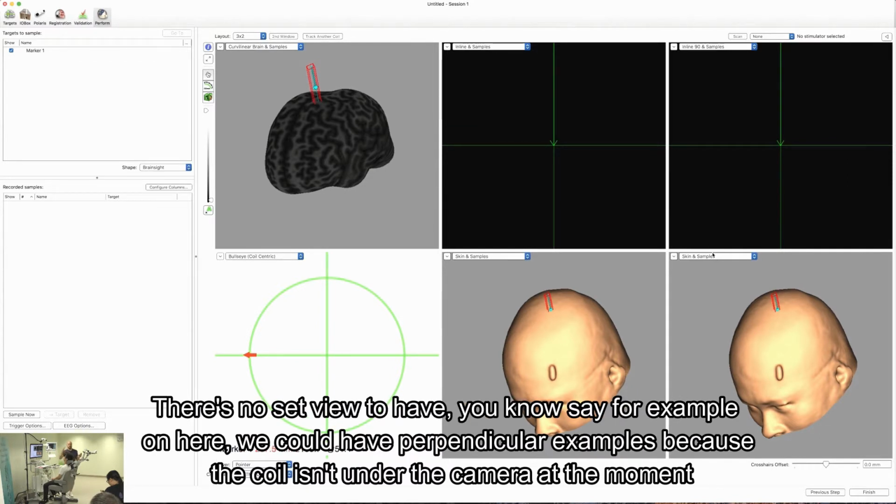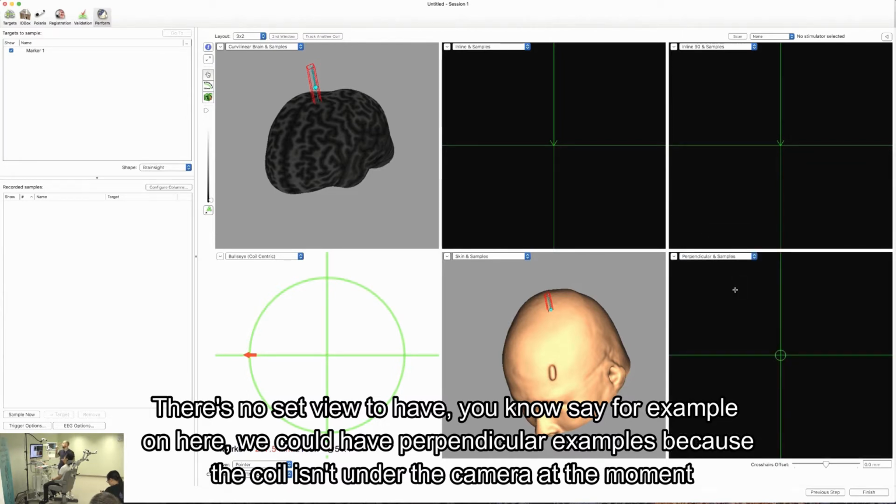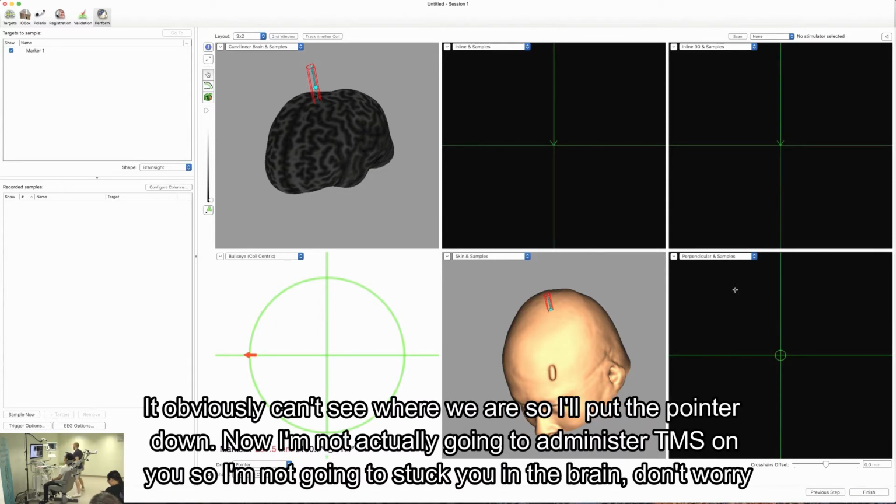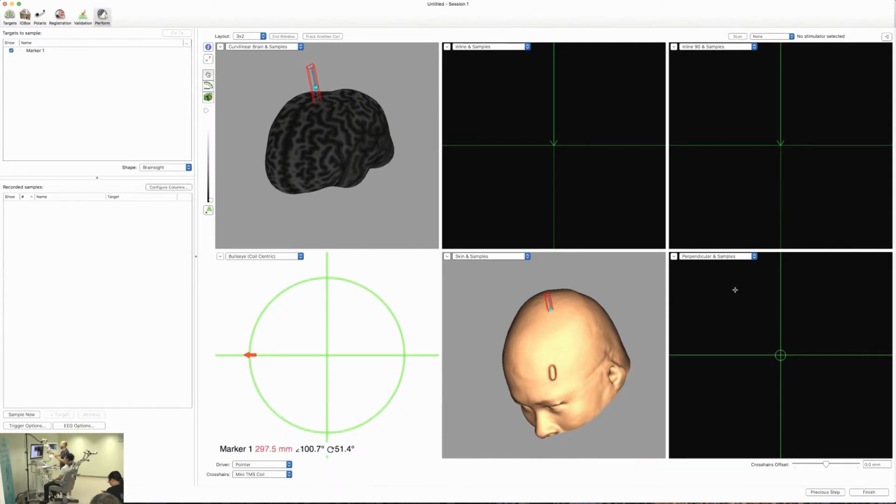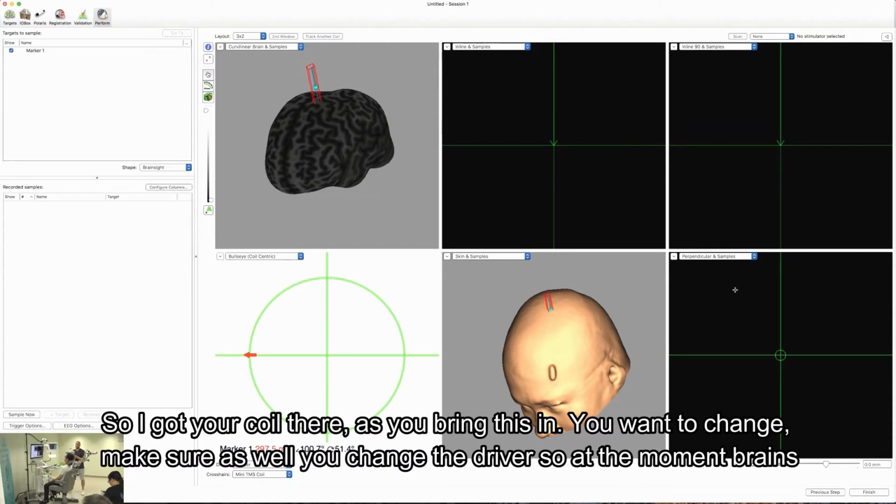There's no set views to have, so you can see, for example, on here, we could have perpendicular in samples, and because the coil isn't under the camera at the moment, it obviously can't see where we are. So I'll pop the pointer down. Now, I'm not actually going to administer TMS on you, so I'm not going to zap you in the brain, don't worry. So we've got our coil there. As we bring this in,